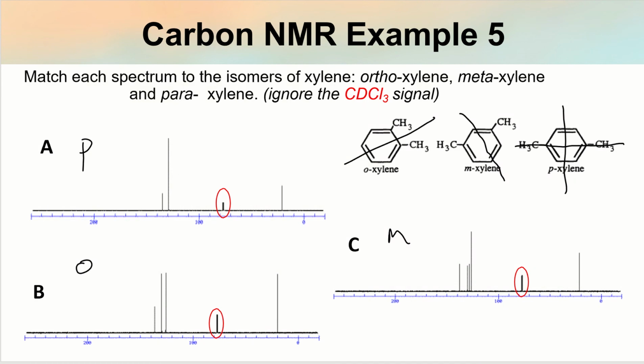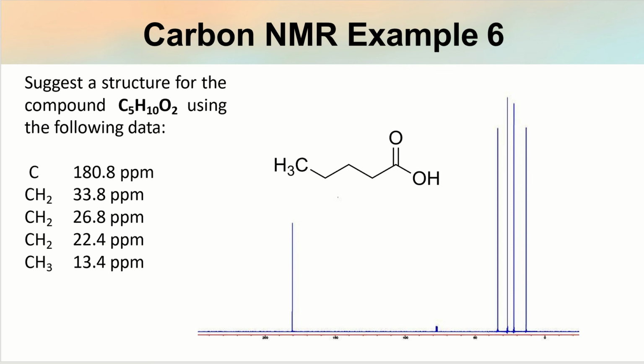So in this case, the first thing we draw is our lines of symmetry, and that will establish for us which carbons are in similar electronic environments. All right, so